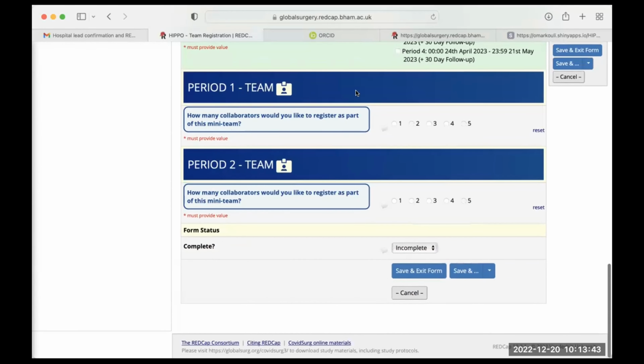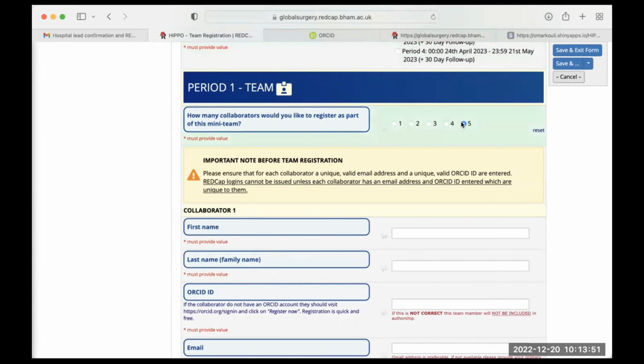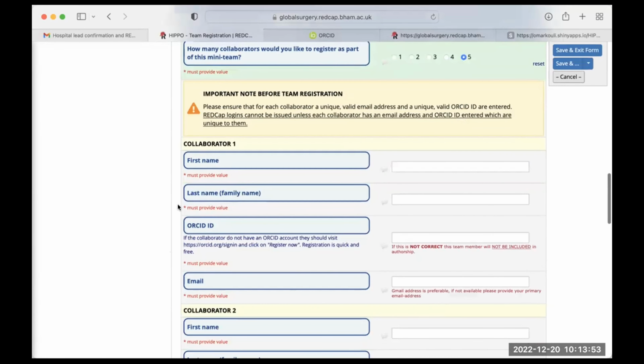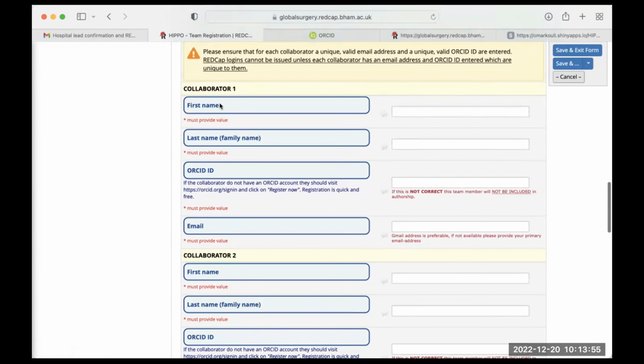So in period 1, you select how many data collectors and collaborators you want in your team. So let's say 5, and then you need to fill all the details for them. First name, last name, ORCID ID, and email are the 4 pieces of information that you need from your data collectors to be able to fill this form.